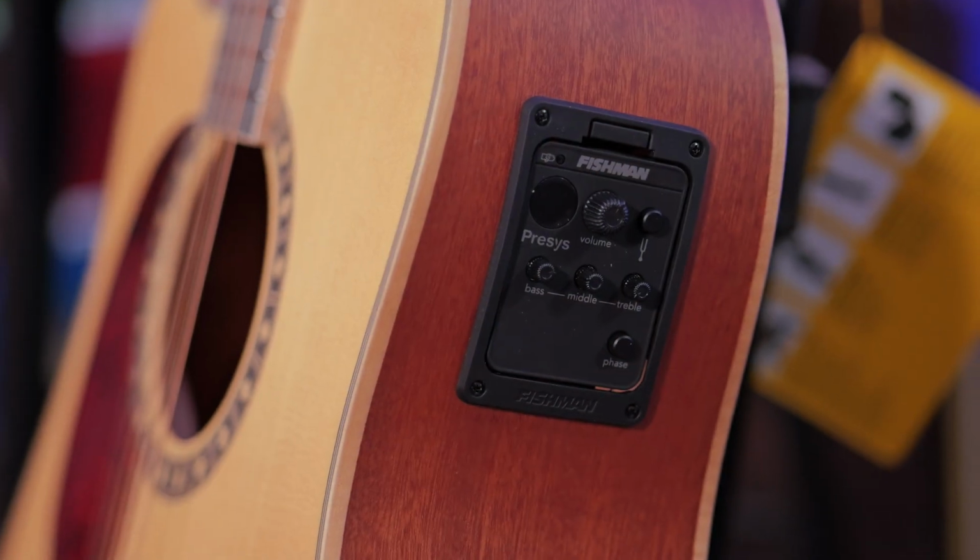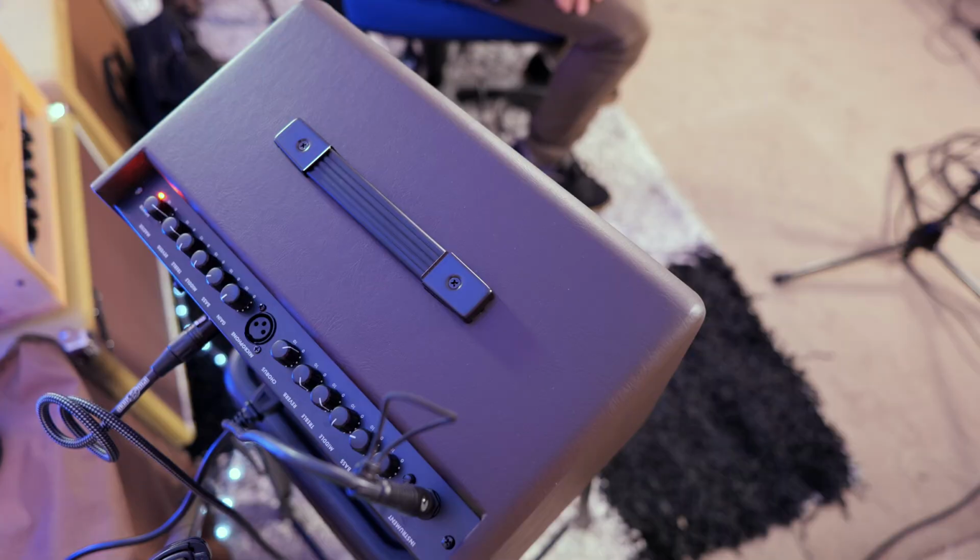Let's get into it. So this is the Artist D75C acoustic guitar. It's loaded with a Fishman pickup. The Fishman pickup system works great. I'm gonna have most of it flat. I'm just going to be using the volume control on here so we can get a good sense of what the amp can do. Now on the back of the amplifier, we've got the XLR going out into my Focusrite sound card,